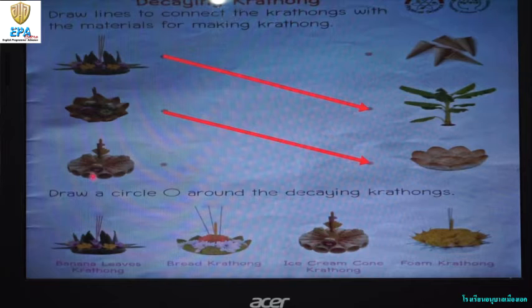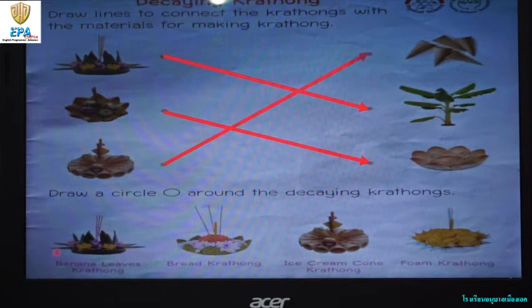How about the third kratom? This one is a cone kratom, or a kratom made out of ice cream cones. Of course, the material that is used in making this kratom is this one, the ice cream cones. So all you have to do is draw a line. Okay? Draw a line from this point going to this point. And now for the last part of your activity, draw a circle